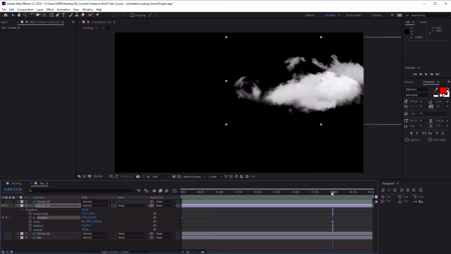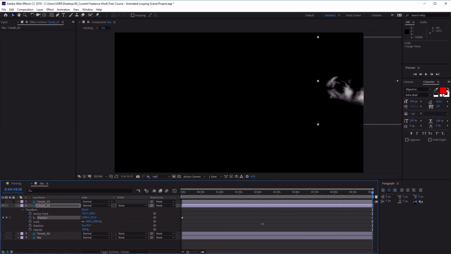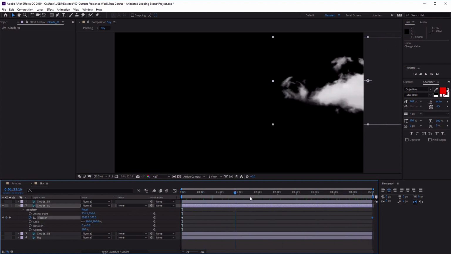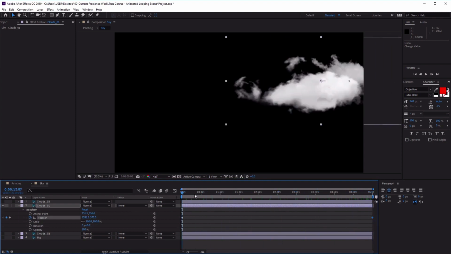And then once we've done that, we can move all the way to the very end of our timeline, which is now set to 5 minutes, and then just change the position of our cloud until it reaches the very right of our screen, like so. And this will add a keyframe here. So if we scrub back and forth on our timeline, you'll notice how our cloud now moves from the left